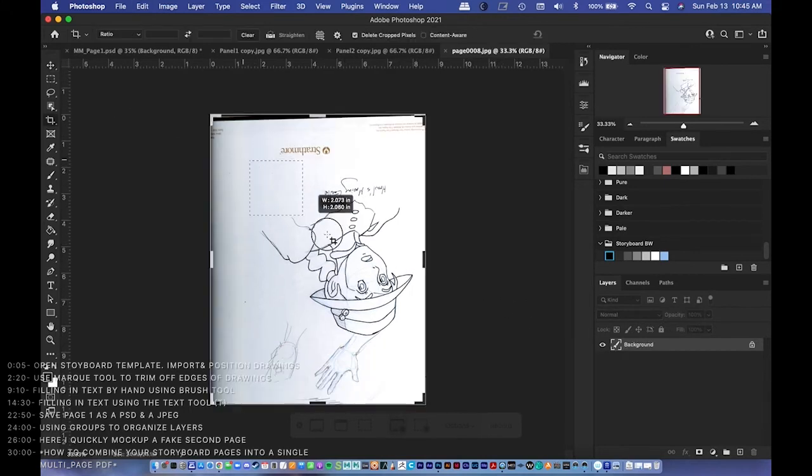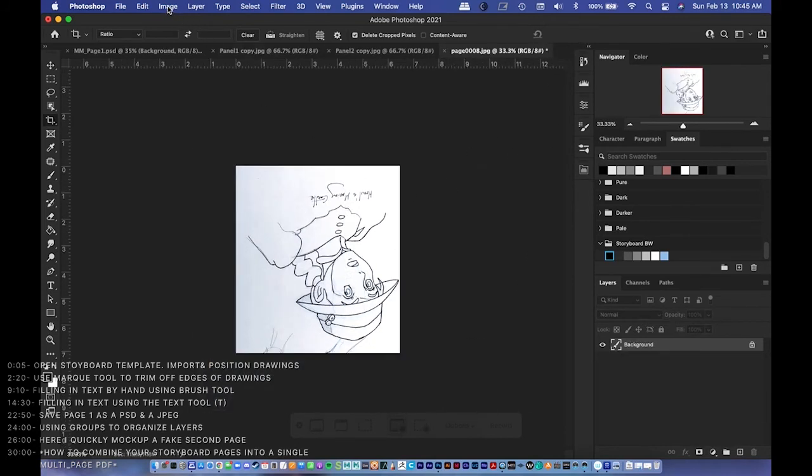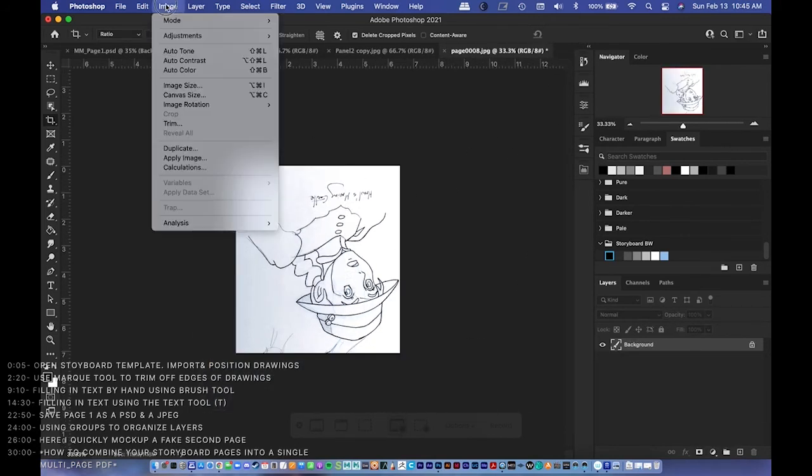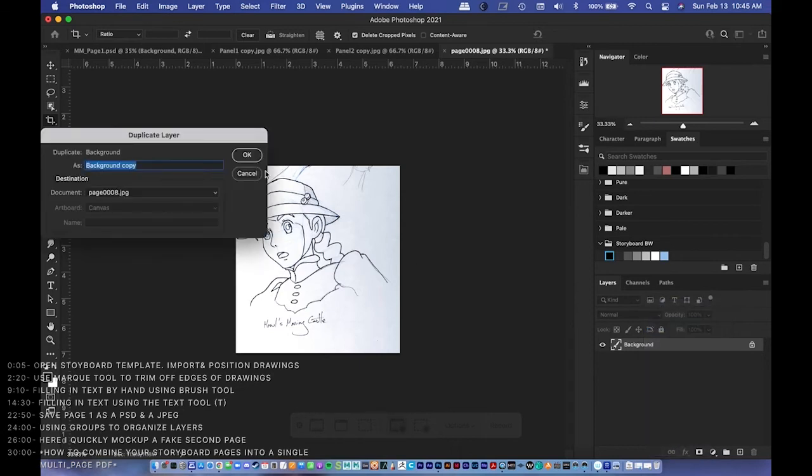Let's see here. If I want to flip that, I'll just go to image and image rotation, 180 degrees, bam. And so, you know, imagine that this is a storyboard that you finished out and it's a JPEG. So duplicate the layer and then bring it into